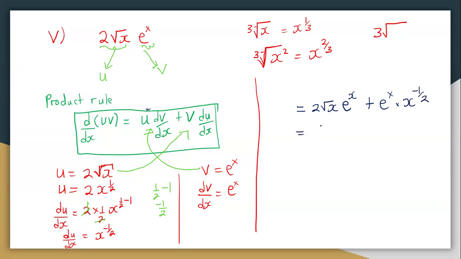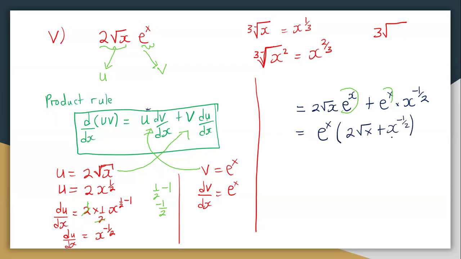When you look at it very well, you can notice that e^x is common on each side, meaning that you can factor it out. So I'll have e^x, and here I remain with 2 root of x plus x